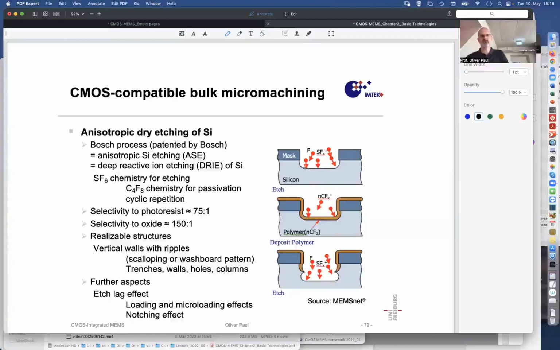Actually, it's not fully isotropic because there is also some magnetic field and RF power. But it has an anisotropic component, and then after a short while, maybe after a few seconds, this is stopped, and another gas is introduced, namely